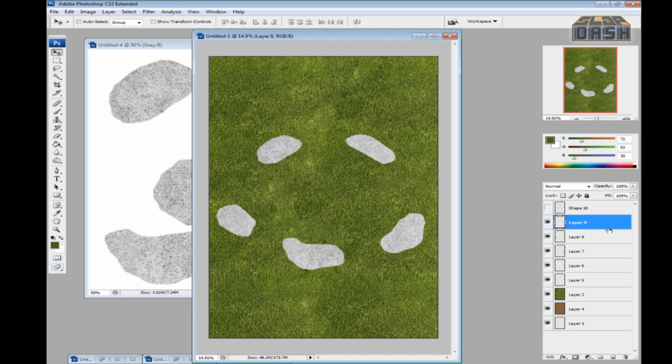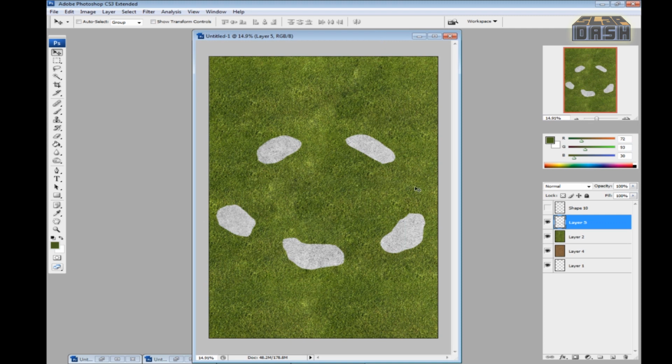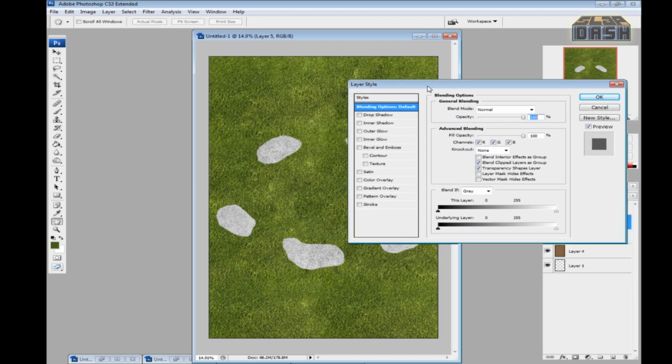And what I'm going to do is bring these all onto the same layer just by flattening them, so now all the rocks are there together. And as you can see, they're just really awkward shapes sitting on top of a nice grass texture. We can close that one over on the side so it's not distracting us. And we're going to make them fit a little more naturally onto our textured background. So I'm going to do a little bit of layer styling, and I'm going to bevel and emboss